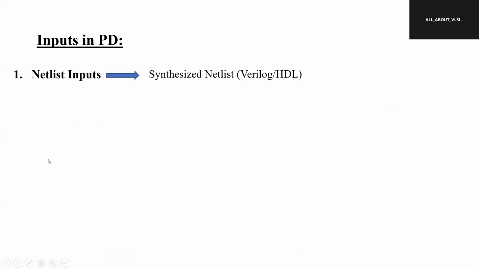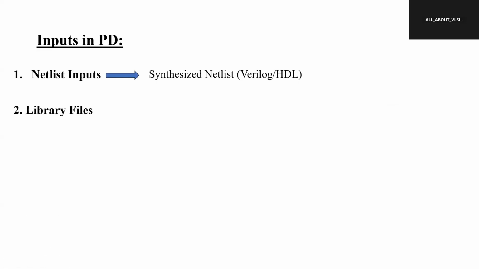Okay. It consists of a synthesized netlist. The netlist is in the form of Verilog or HDL. HDL means hardware description language, right? You are familiar with this, right? In digital electronics labs, we write some code. So that is the thing. First one is the design netlist input file, and after that,